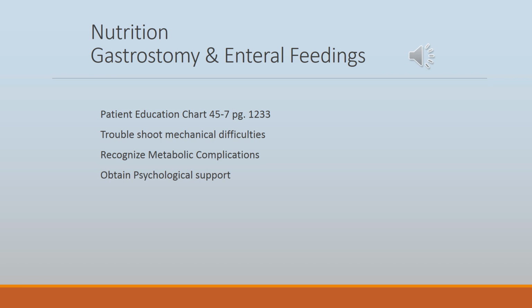Obtaining psychosocial support for home parenteral nutrition is as important as the physiologic and technical concerns, because patients must cope with the loss of eating and with changes in lifestyle brought on by sleep disturbances related to frequent urination during nighttime infusions. So major psychologic reactions include depression, anger, withdrawal, anxiety, and impaired self-image, and a successful parenteral nutrition program depends on the patient's and family's motivation, emotional stability, and technical competence.